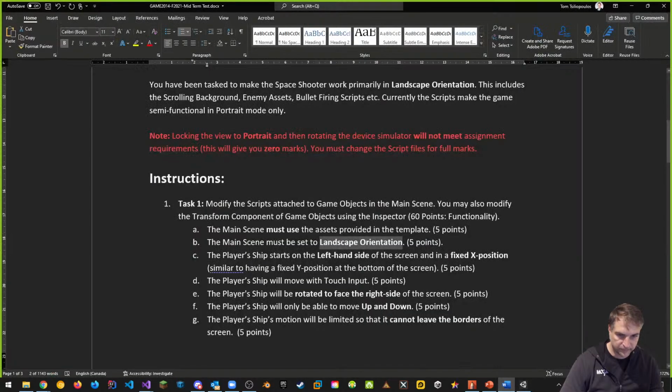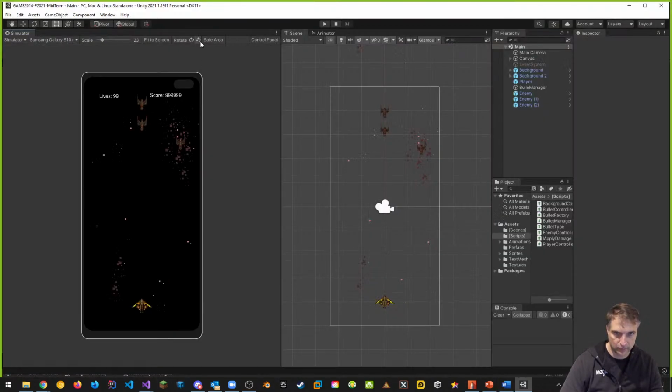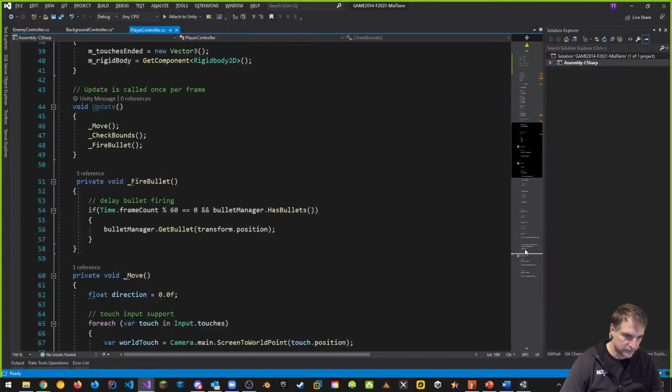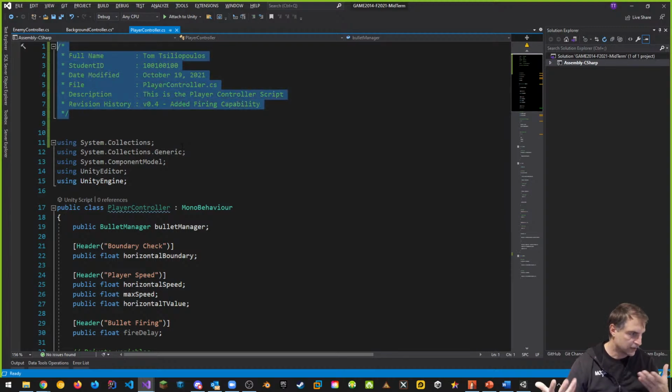Let me continue. The player ship will move with touch input only. Actually, we have both touch input support and mouse keyboard support. Let me show you this piece here. Let me move this back the way it was. So inside of the player controller, let's take a look at that. If you look at the top, I've given you an example here. I didn't do it in your files,